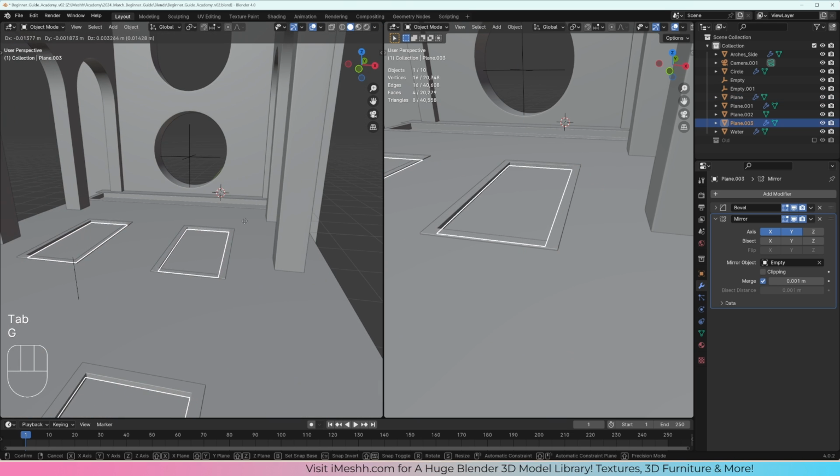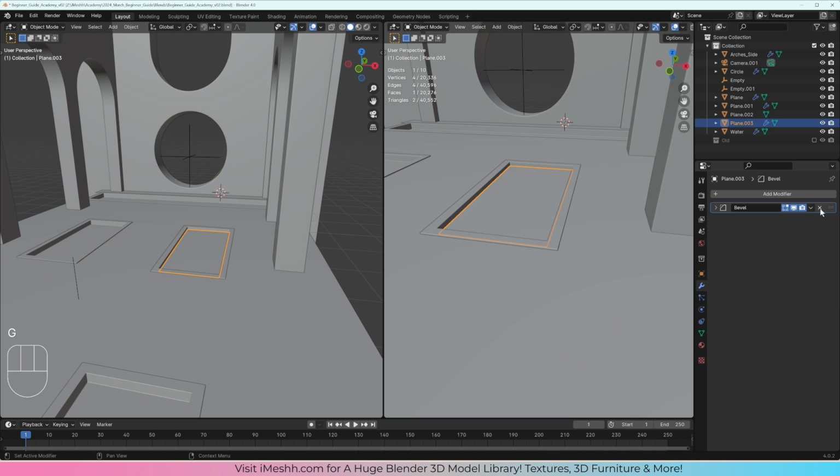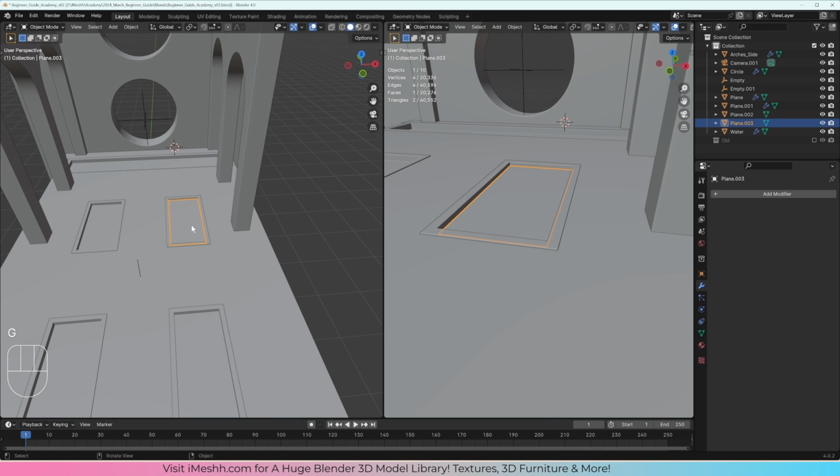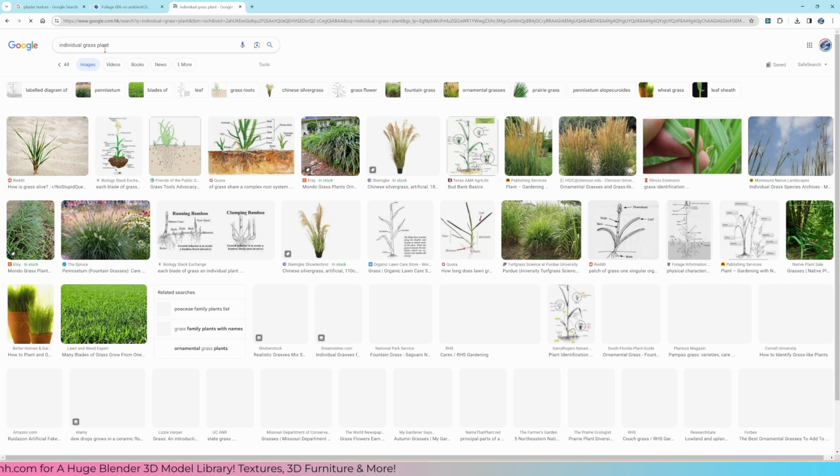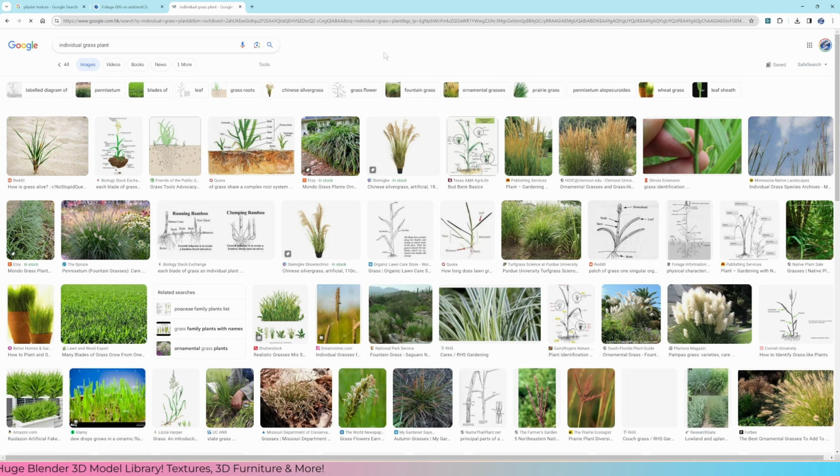Now we can select this on its own, and I think for now I'm just going to delete these modifiers just so we have a plane. So this is the plane we're going to work with. Now I'm going to go into local view, and then what we're going to do is start creating the grass. Now I've seen a few grass systems available for Blender online, and generally what they seem